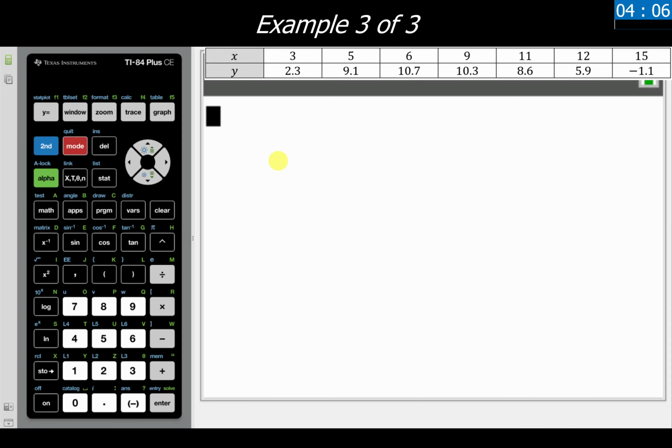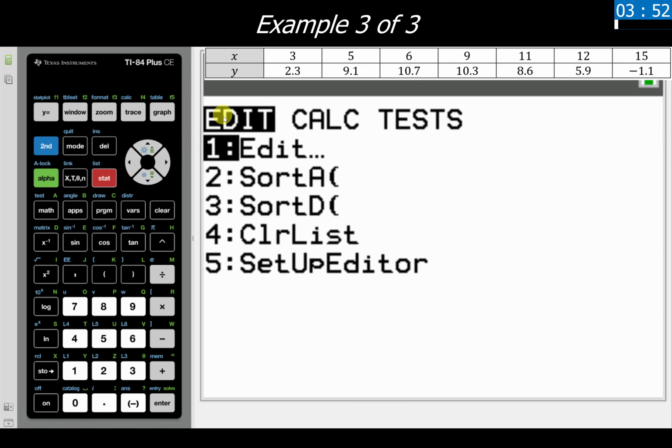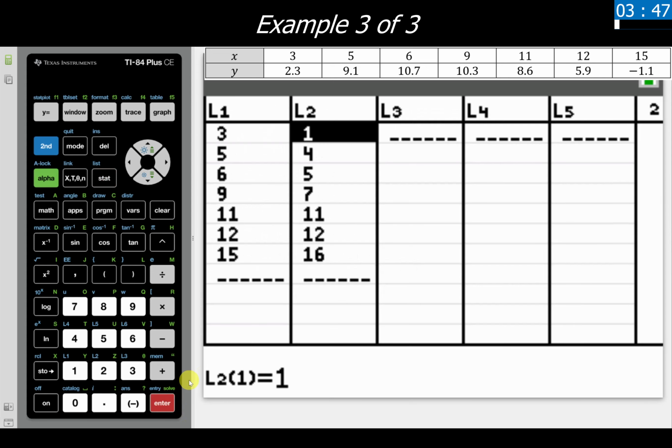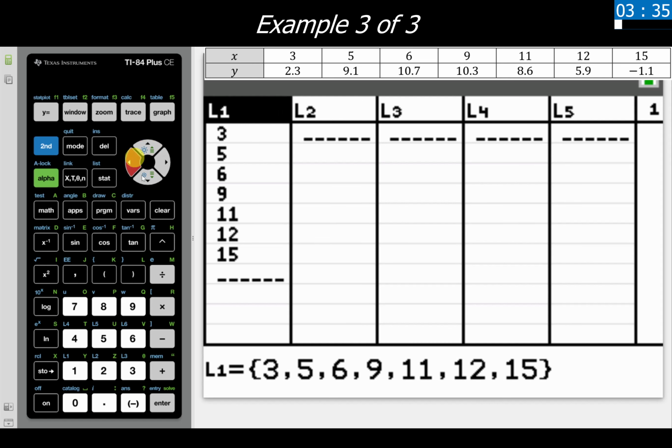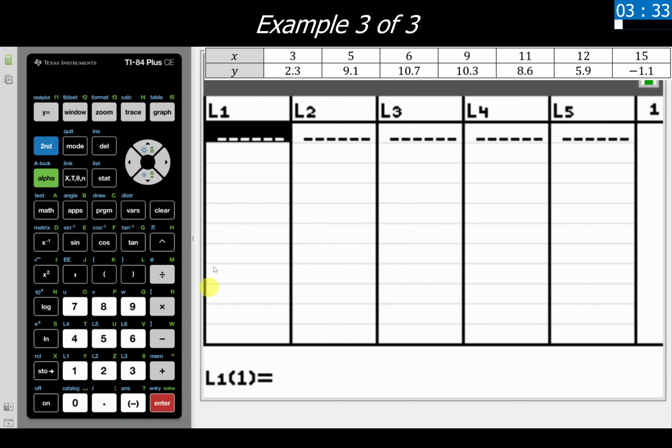We are now on our third example, and we are going to do the same thing that we did previously. We're going to be going up and entering in our set of data. We're going to be clicking on Stat. We're going over to the Edit tab at the top and the first edit option listed below. We're again going to clear out List 1 and List 2. We use the up and down, left and right arrows to maneuver to L2. We're going to clear that out and hit Enter. We're going to go to List 1, clear that out and hit Enter. We're going to enter in all of our input values in List 1, all of our output values in List 2.